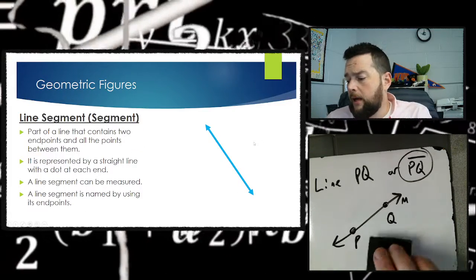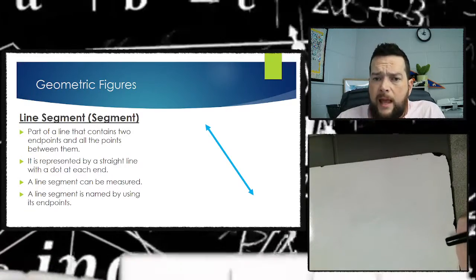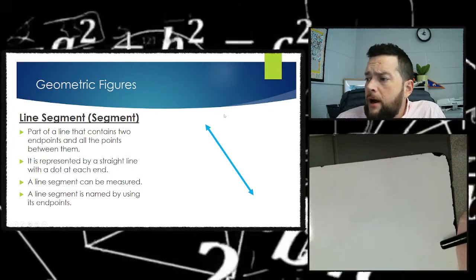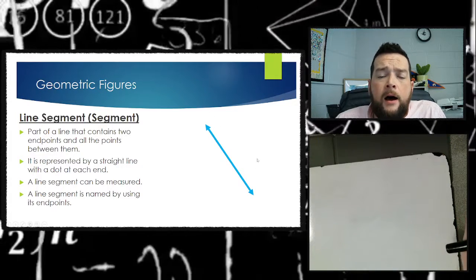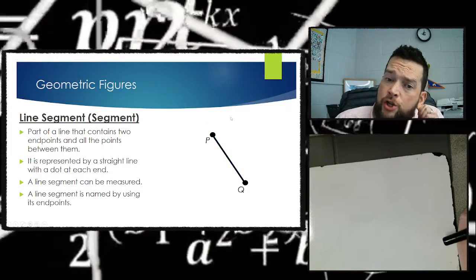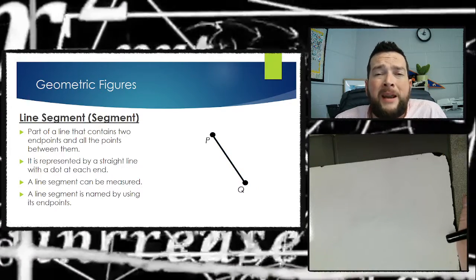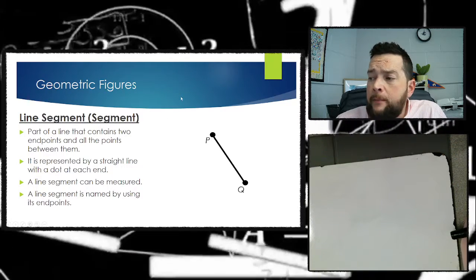All right, a line segment. If a line continues forever, as indicated by what you see on your screen right here, you see this line with 2 arrows at the end of it. If it continues forever, then a line segment is a straight line between 2 points, but it stops, okay? So the key word here is segment, all right? A segment stops